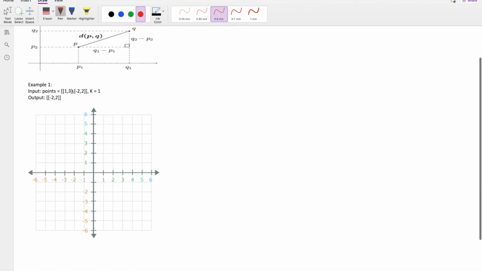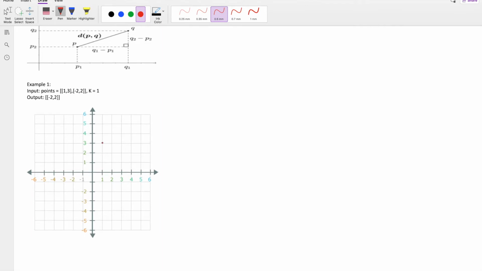Our example 1 has 2 coordinates, (1, 3) and (-2, 2). So (1, 3) in the Cartesian plane is here. This point let me call A, and the second point, (-2, 2), is here. Let's call this point B, and this is the origin, let's call it O.